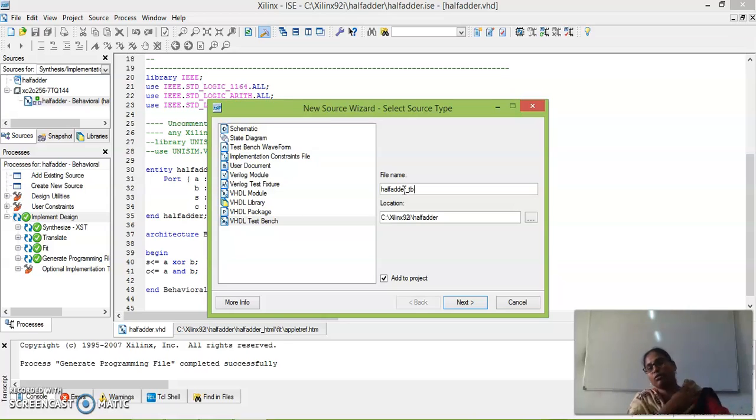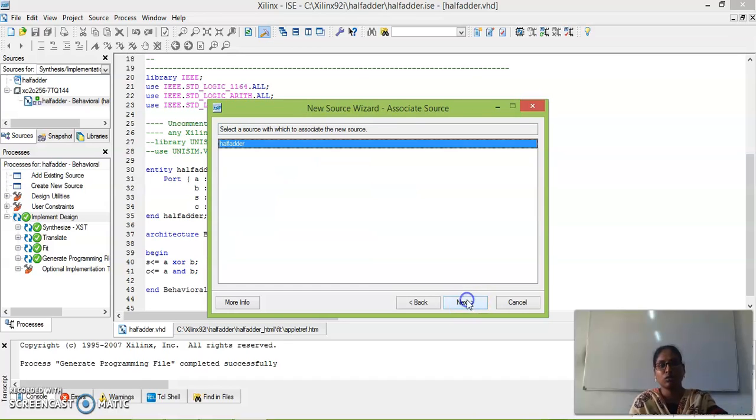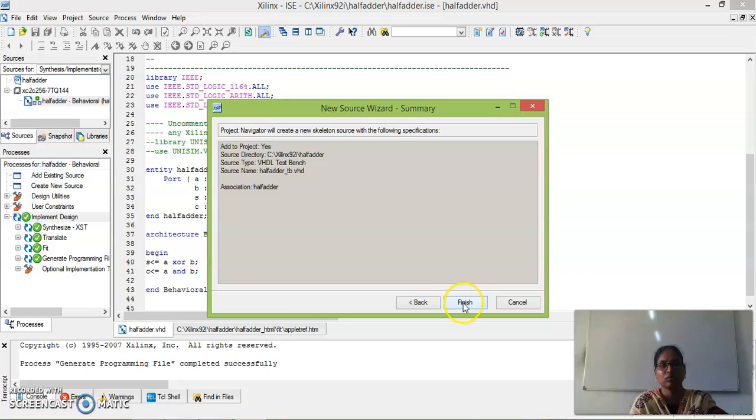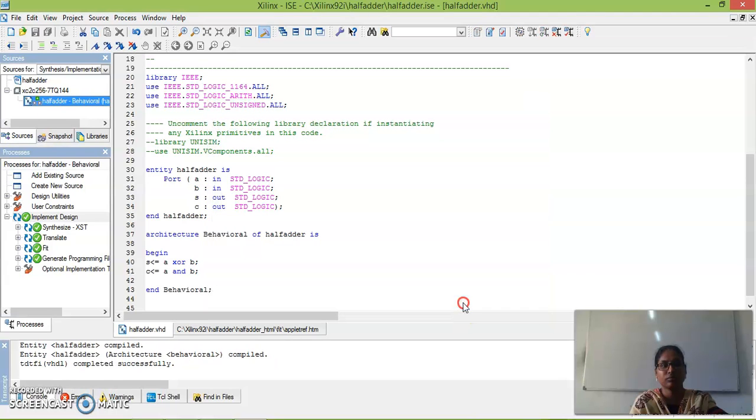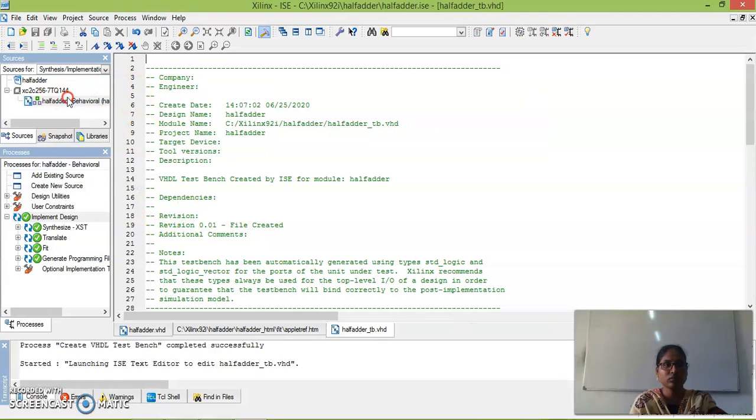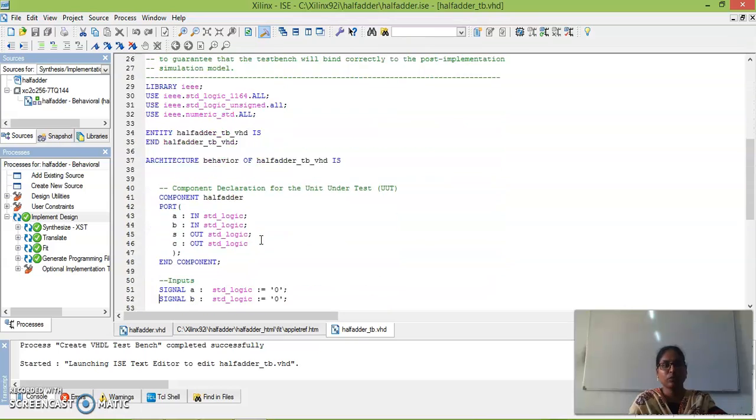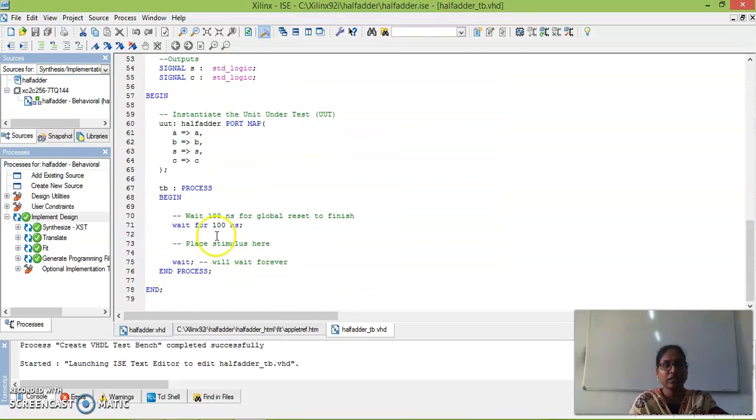Any name we can give, no need to be the same as the module name. But for my understanding purpose, I gave half adder underscore TB as the test bench for the half adder. Then go to next. This skeleton is opened for the test bench program. Here